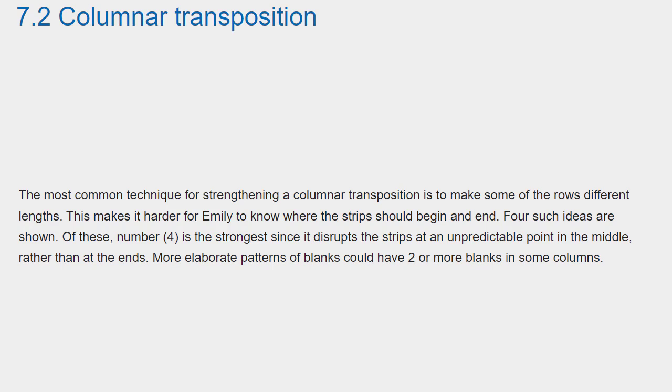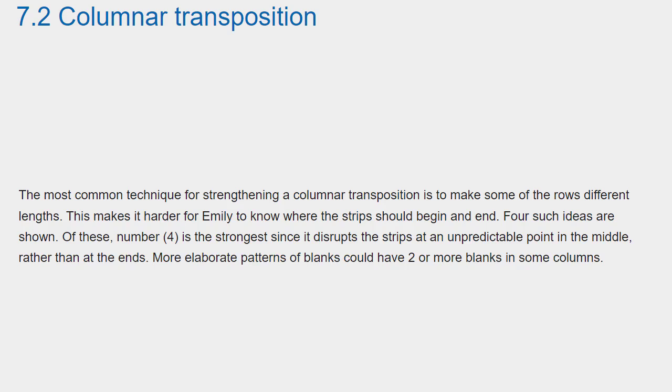The most common technique for strengthening a columnar transposition is to make some of the rows different lengths. This makes it harder for Emily to know where the strips should begin and end. 4 such ideas are shown. Of these, number 4 is the strongest, since it disrupts the strips at an unpredictable point in the middle, rather